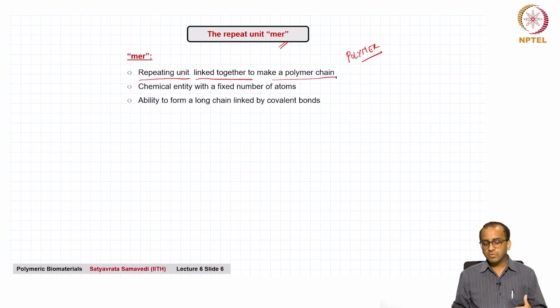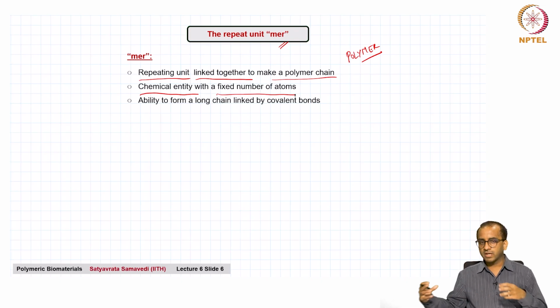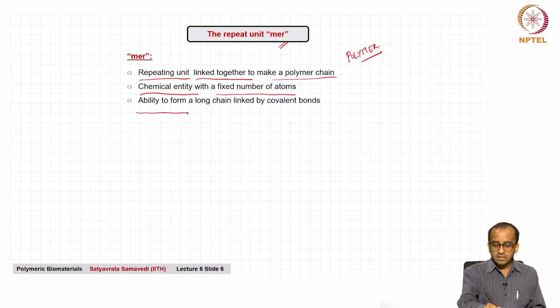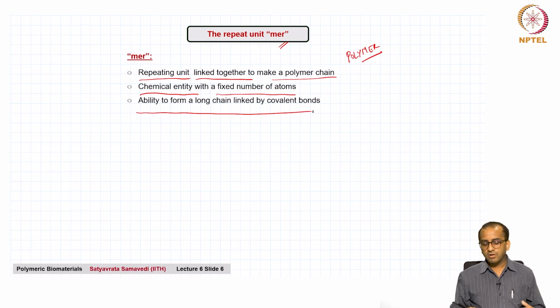Now, this repeat unit is a chemical entity with a fixed number of atoms. So, the mer itself will have a specific number of fixed atoms, and it will repeat over and over again, and depending on how many mer units are there, the chain length is fixed for a given polymer. And the mer has the ability to form a long chain linked by covalent bonds,